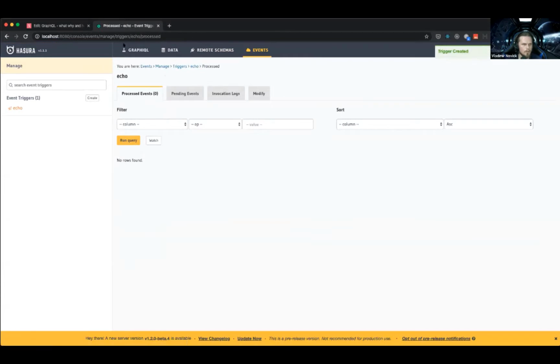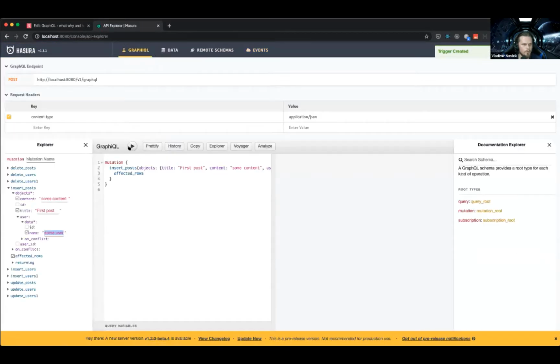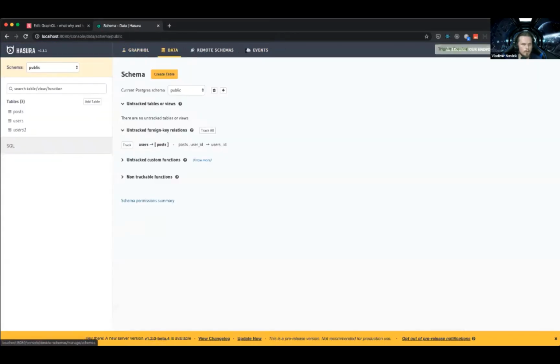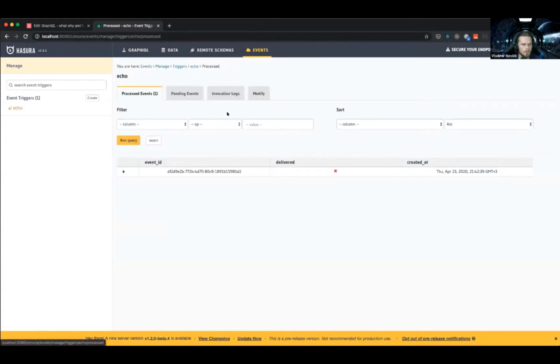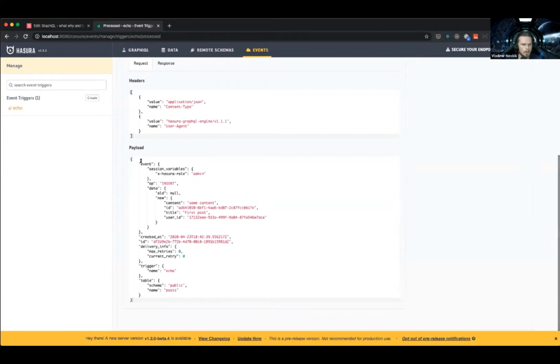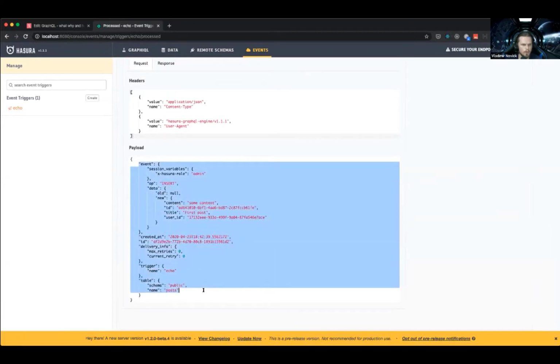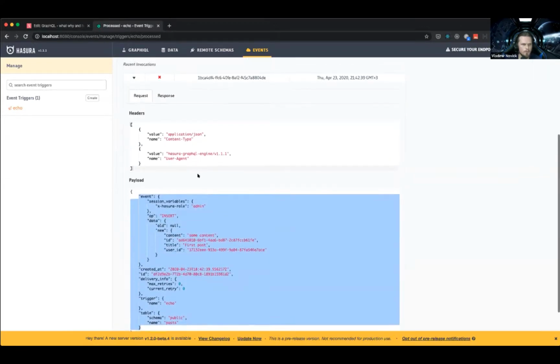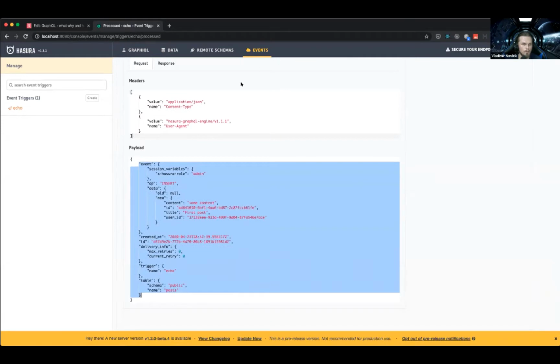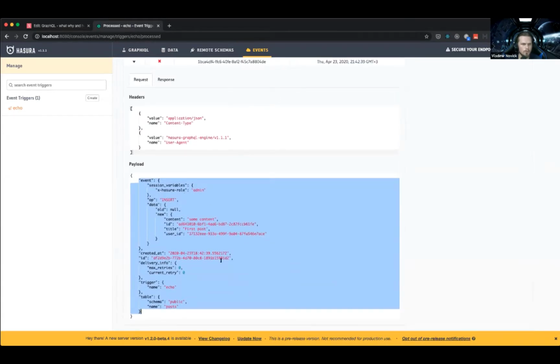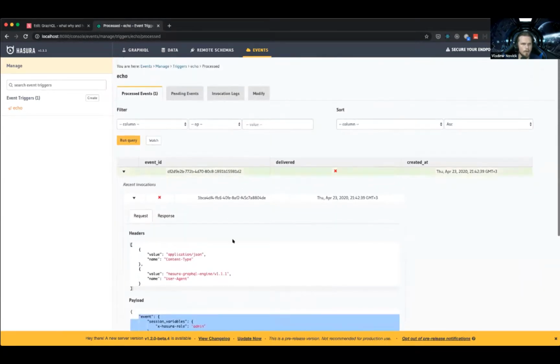And let's create this event trigger. Obviously, it will fail, but if we run that and get into our events, we will see that event ran and it sent all the data that I need to the server, potentially a serverless function that will do anything that you want and can update the database.